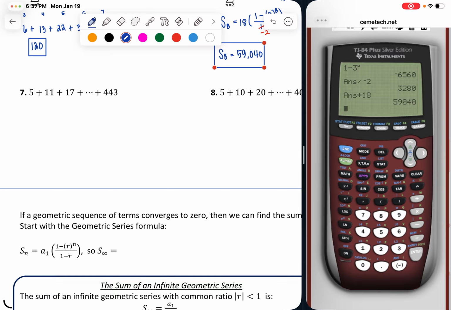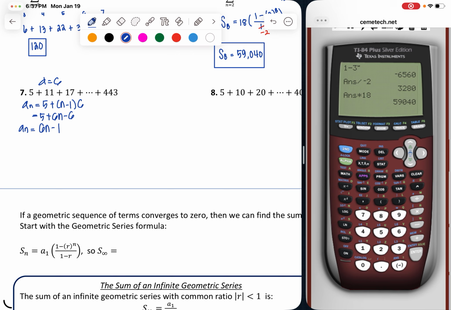So my d value, my difference, is 6, and my first term is 5. So I'm going to start by writing a rule because I know I'm going to need it, right? A sub n is equal to my first term, which is 5, plus n minus 1 times d, which is 6. So this is 5 plus 6n minus 6. So my rule that this is following is 6n